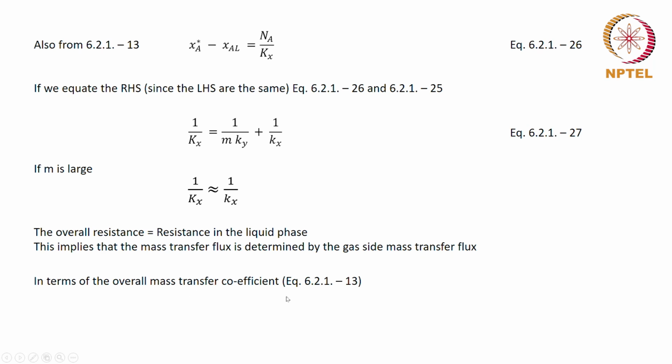In terms of the overall mass transfer coefficient, flux is nothing but the moles transferred per time per unit area perpendicular to the direction of transfer. So that is flux in our formulation is capital Kx times Xa star minus Xal. Okay. So since this is the equilibrium concentration, this can be calculated, this can be measured, and as long as we find, there are ways of finding this, so this can be handled. Okay, you will have a measure of this by this kind of formulation.